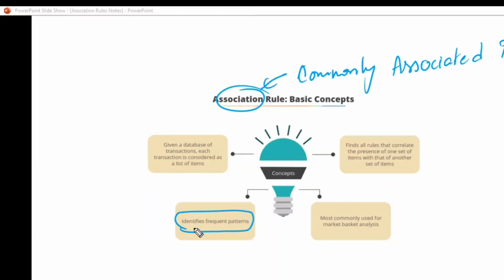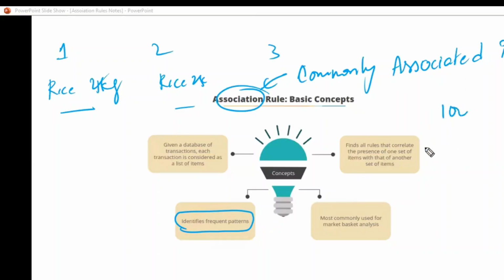What are the common patterns? The most repeated pattern. For example, if some persons are purchasing rice of 25 kgs, commonly they are purchasing one more product with that. This is person number 1. Person number 2 who is purchasing 25 kgs rice will purchase another product. Person number 3, person number 4. Say 100 persons have purchased a 25 kg rice bag. Out of these 100 persons, how many have something in common? Along with the rice bag, what other product is common? Which is the common other product? We are going to identify that pattern.